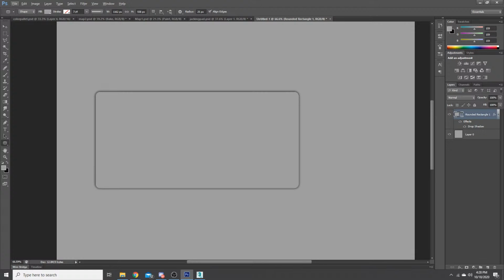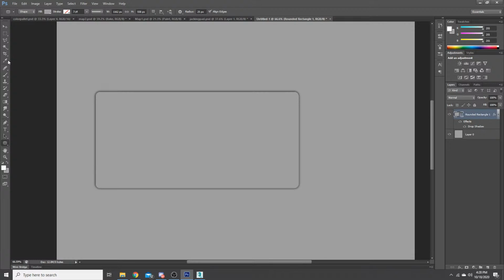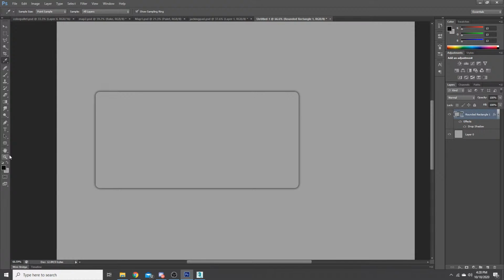Next, we need to do the text for our plunger. Like that. Oh, dang it. You know what I just realized? I need to go back to the color palette. Completely forgot about this. Go here.